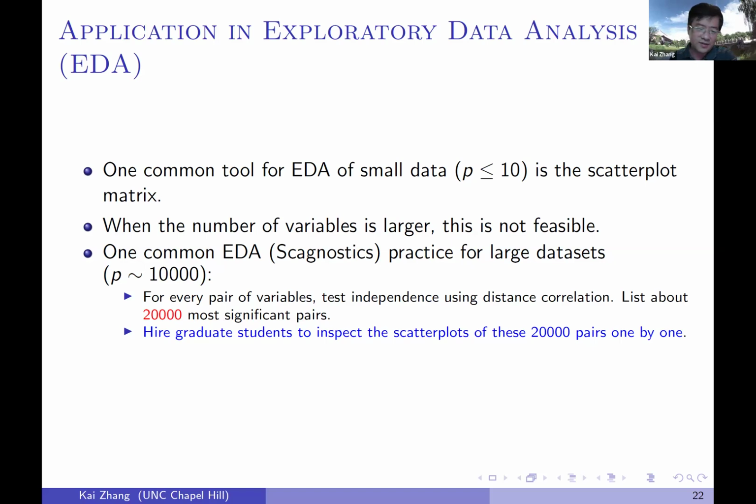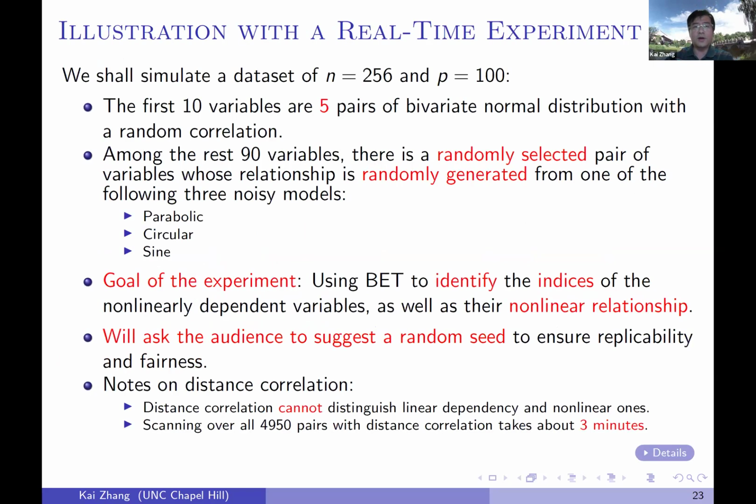But you can also see the source of the problem. The source of the problem is interpretability. We know things are related to each other, but we don't know how they are related. That's why we have to hire graduate students to read these plots one after another. But what I want to say is BET can help here. BET can help you with interpretability, speed, and also power. So I would like to illustrate that with a real-time experiment,